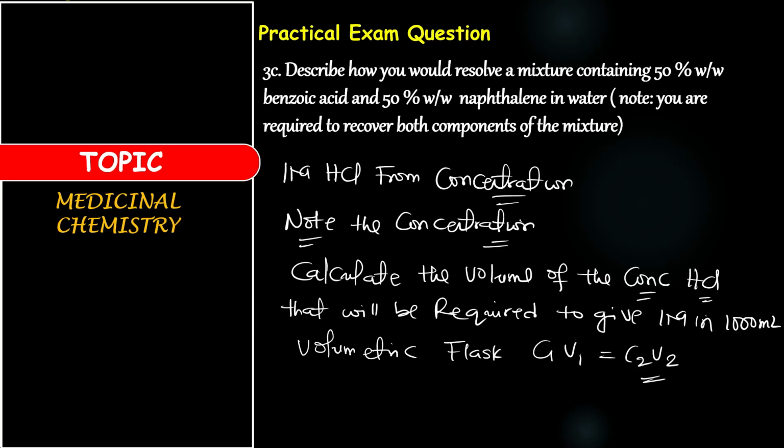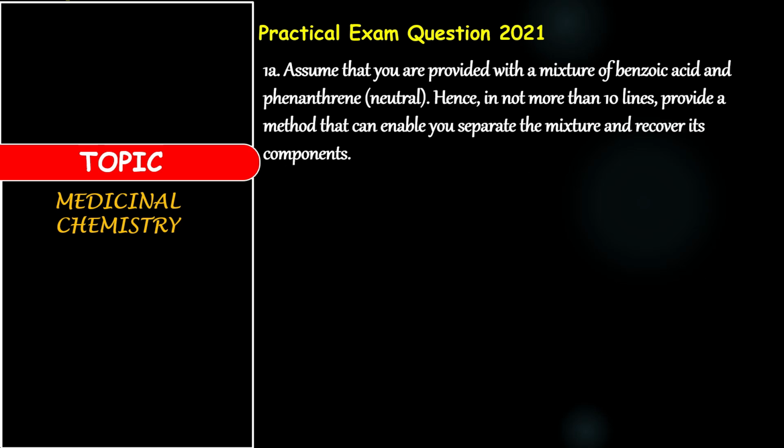Get the calculated volume and put it in the 1000 ml volumetric flask, and then top it up with water. By so doing, you prepare 1 molar HCl. All right. Now,